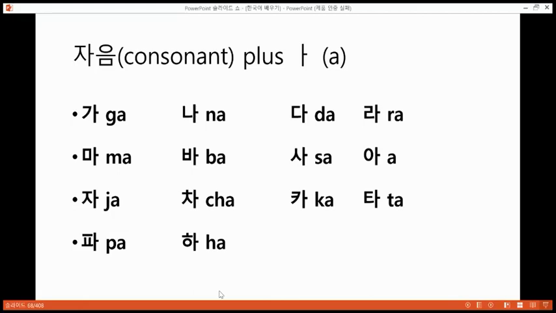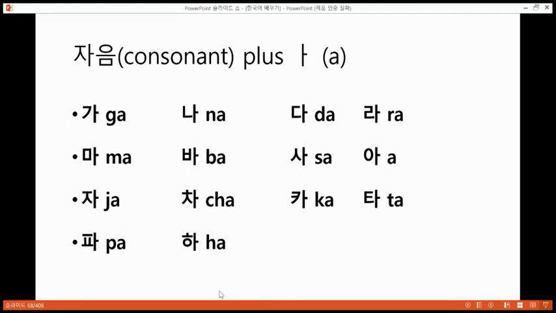Okay, let me read it faster. 가나다라 마바사 자차카타 파하. So can you follow? 1, 2, 3. 가나다라 마바사 자차카타 파하. Okay, one more time. The bold letters. 가나다라 마바사 자차카타 파하. Okay, thank you very much. One more time, can you read it? So those 14 consonants supplied with the first vowel ㅏ become 가나다라